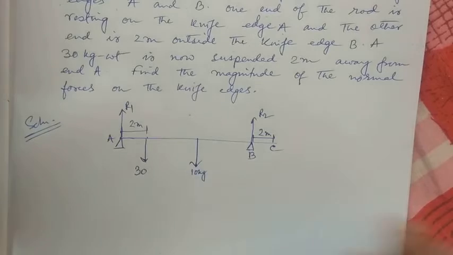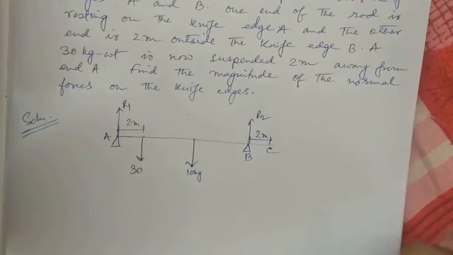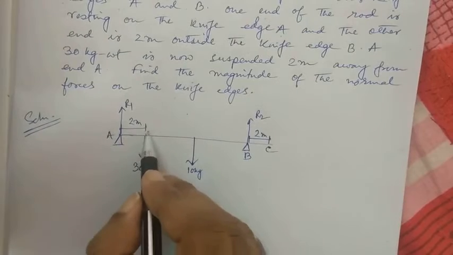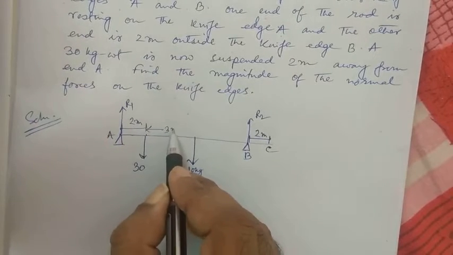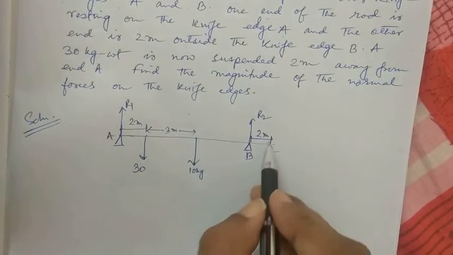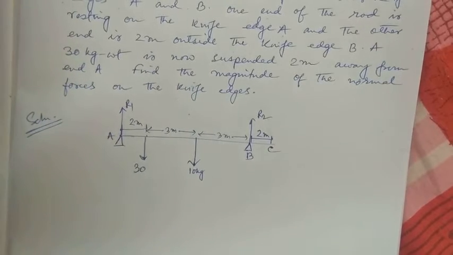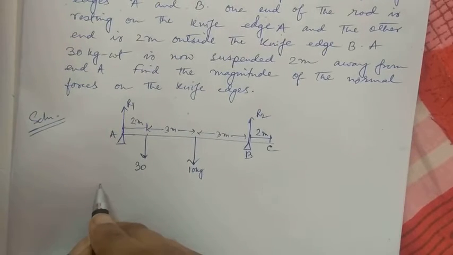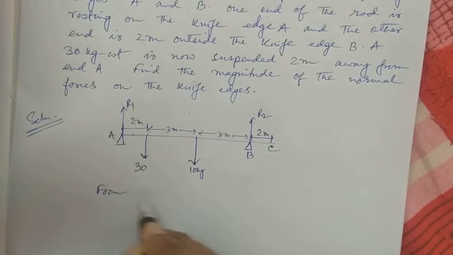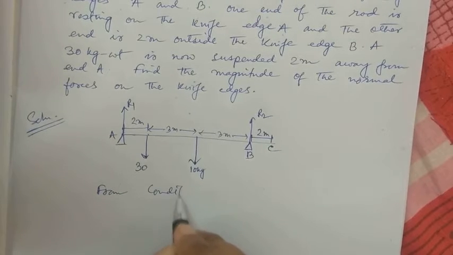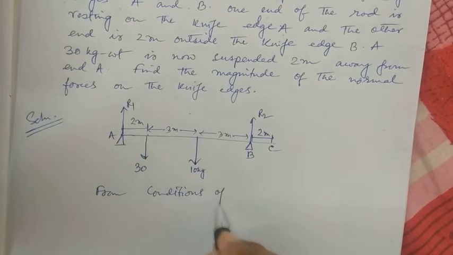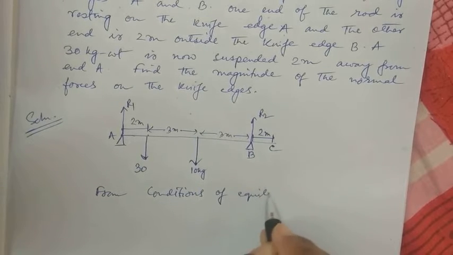Now the length of the rod was 10 meters. So if this is 2, this will be 3 meters. And if this is 2, this will again be 3 meters. So for the conditions of equilibrium,